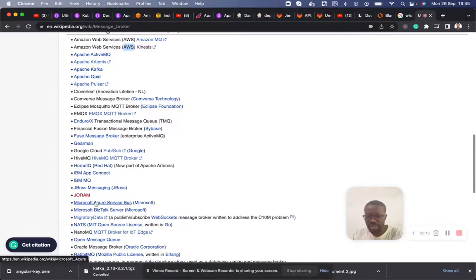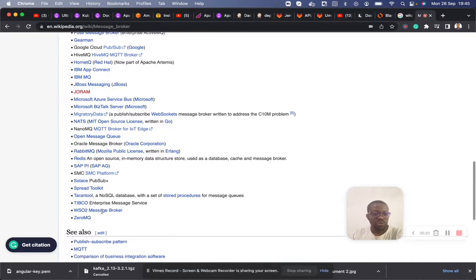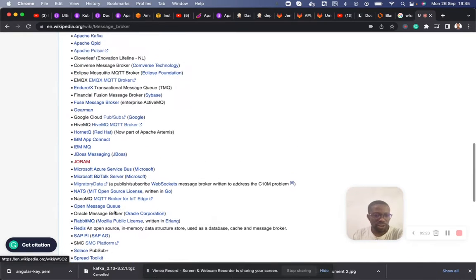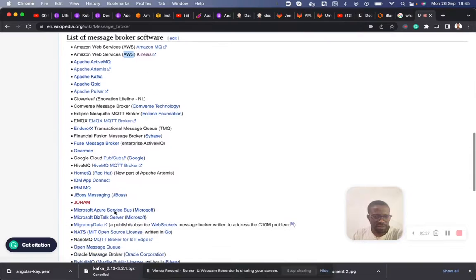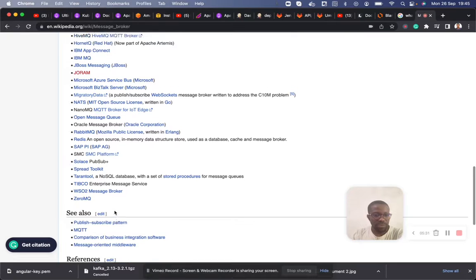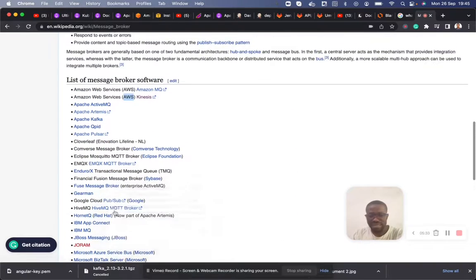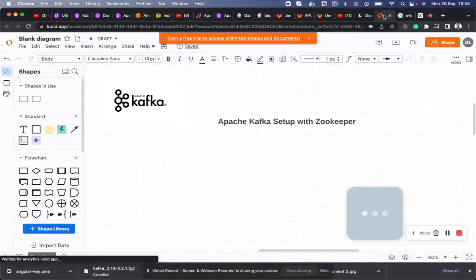We also have SQS, RabbitMQ, ZeroMQ, a lot. So these are all examples of message brokers.